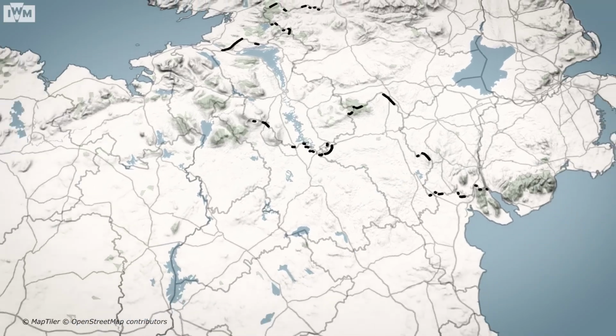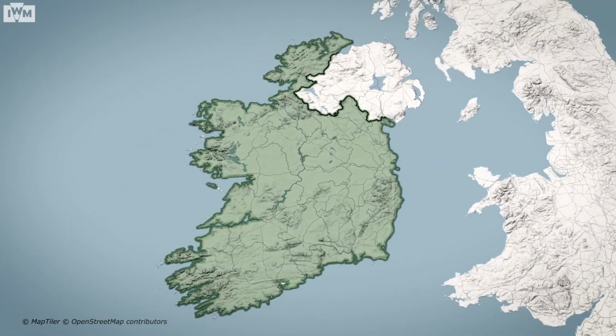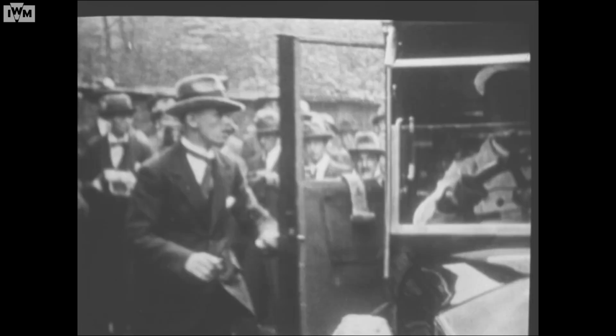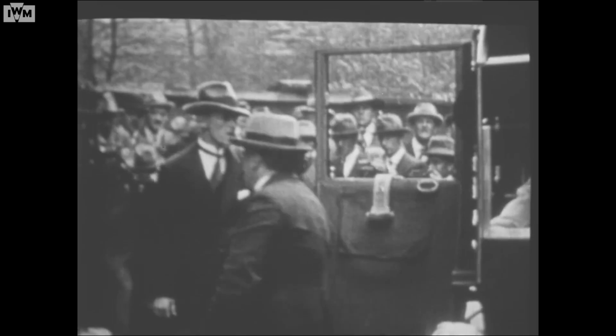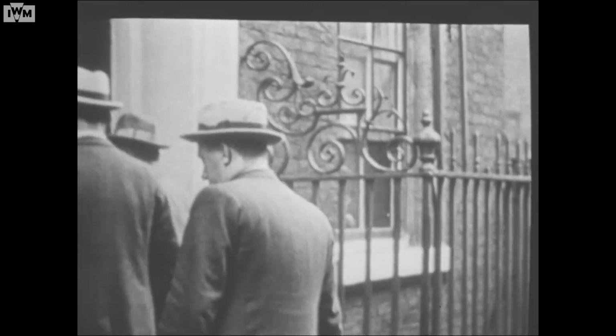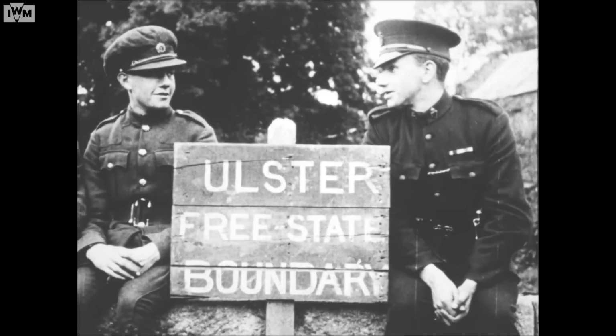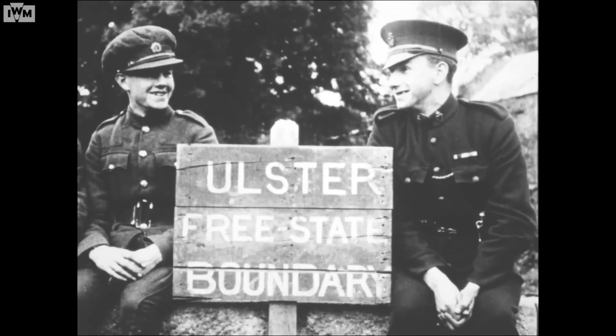In 1920, Home Rule was finally granted and Ireland was partitioned. It was meant to be a temporary solution to end the war, but the government in the south never formed, and the war continued until a ceasefire in 1921 and the Anglo-Irish Treaty, which granted Ireland a limited independence. The south became a free state, but still had to take an oath to the king.